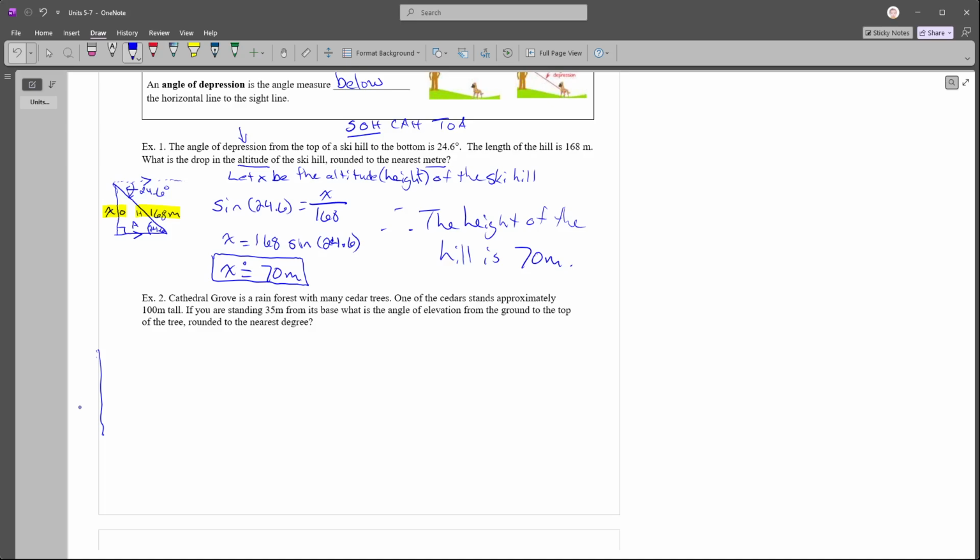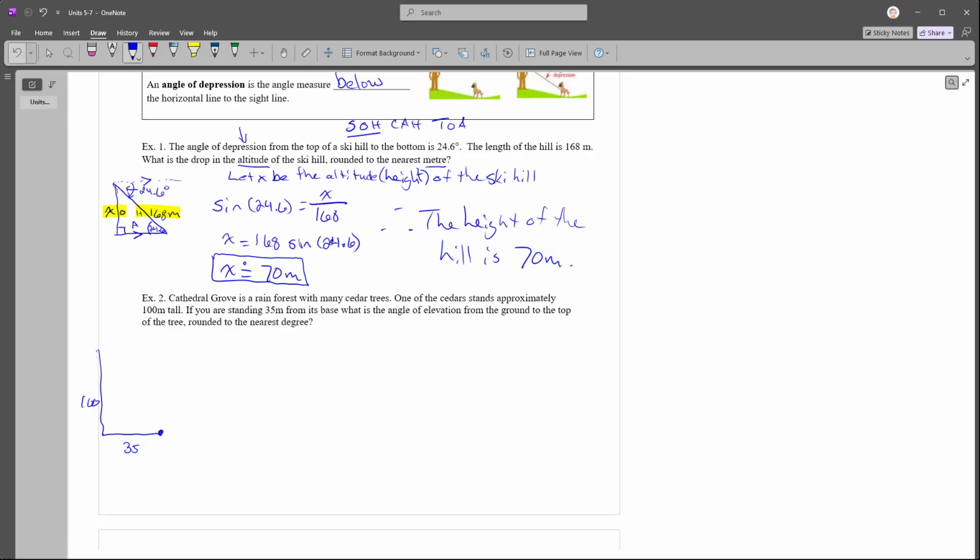I think that's actually worse. Whatever. So that's going to be 100 meters tall, if you are standing 35 meters from its base. So 35 meters, the base is down at the bottom. So if we're standing this far, 35 meters, this is us. We're standing right there. From its base, what is the angle of elevation from the ground to the top of